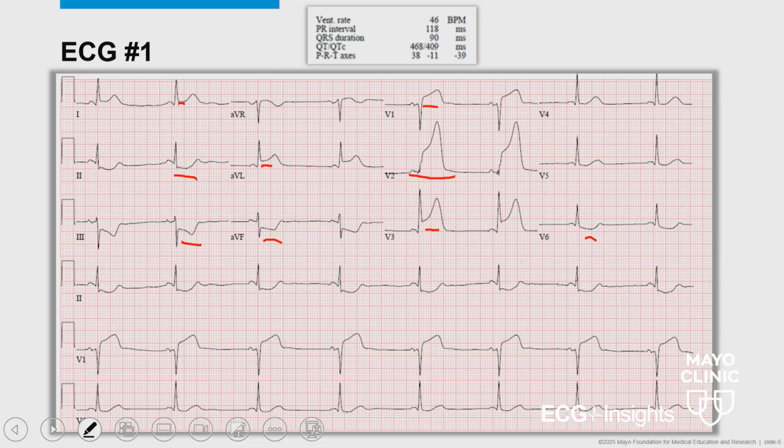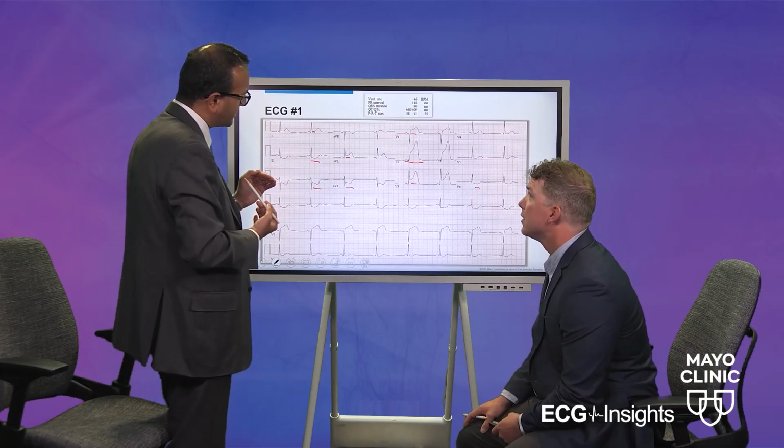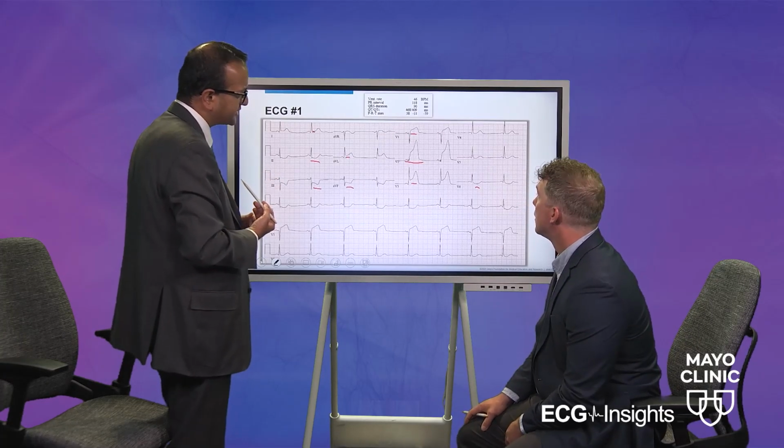Now, a few other things we can look at, if you take a step back, is to try to see how to look at ST elevation. Like what do we compare from to look at the ST segment? So Alex, how do you think about it? And before I add a few points to that too, talking about the morphology, not the ST morphology, but where are you measuring the ST segments from?